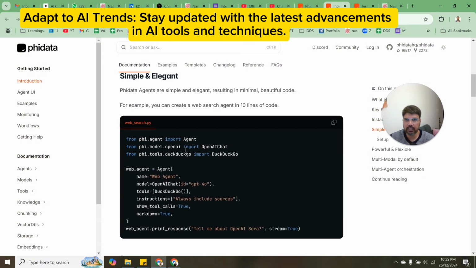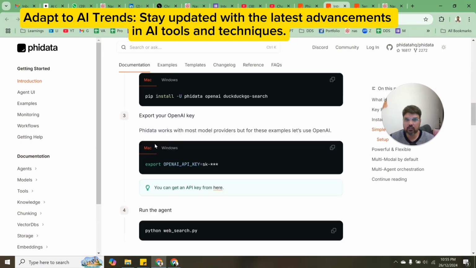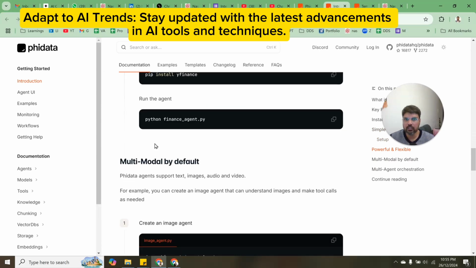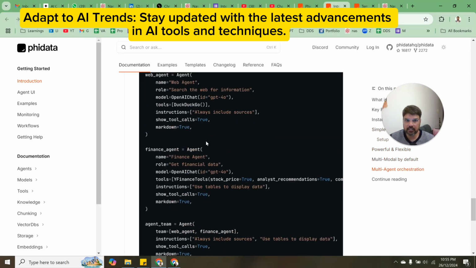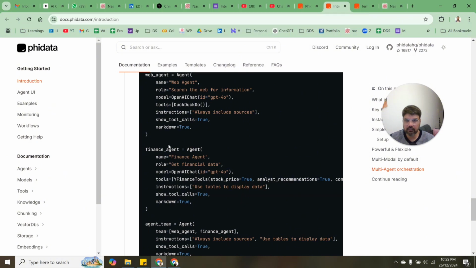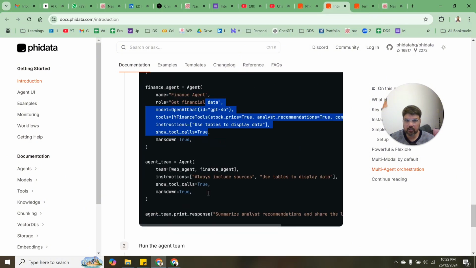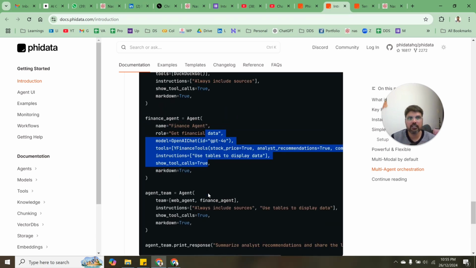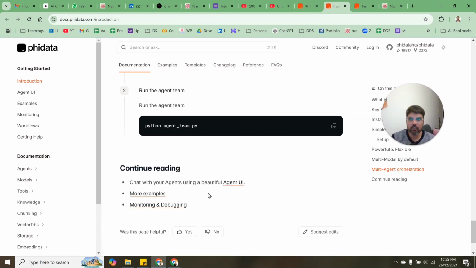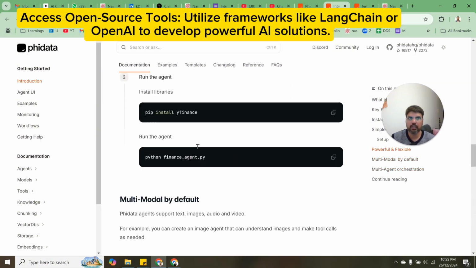You just need to install PhiData, and in the next video we will look into how we can do this in our Python notebook. The same example that I did, the finance agent, is showing here as well to play around with. So we will try to execute this in our Python notebook in the next video, but explore PhiData. We'll put the link in the comments as well, and this is one of the other new frameworks to play around with